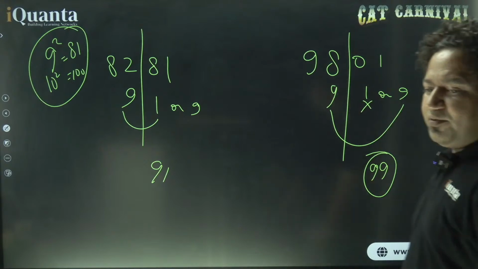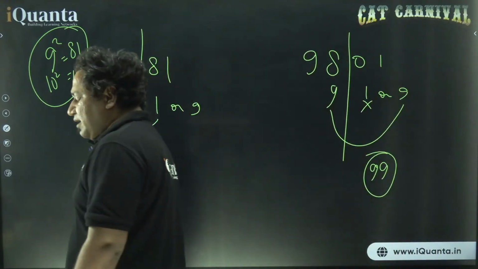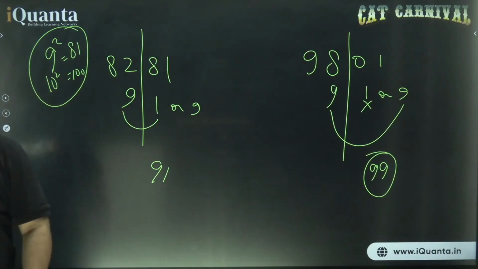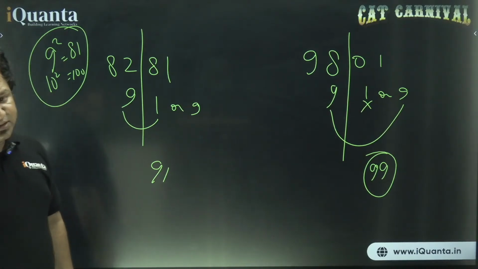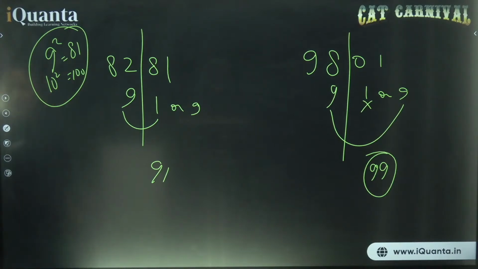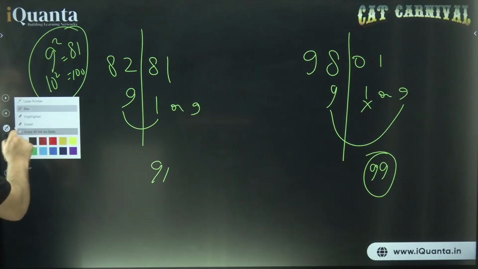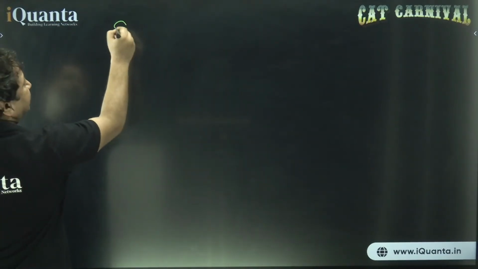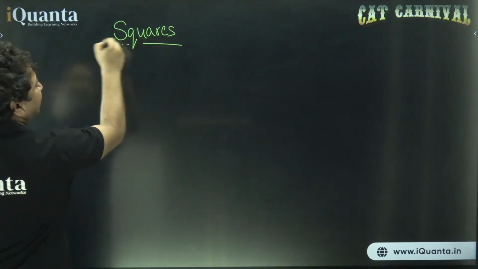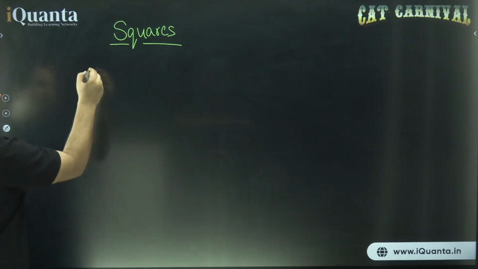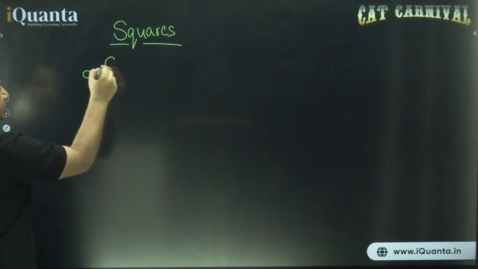Well, finding the cube root and square root is not that great a technique. The thing is, how do we find the squares? It will be a short session in which I'll be discussing how to find the squares and in some cases also cubes. So, having said that, let us go to the most important part of today's session, that is how to find the squares. For squares, we will be following a technique called Varg Mool